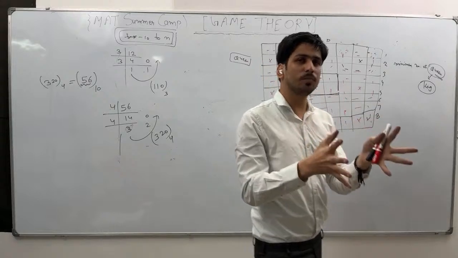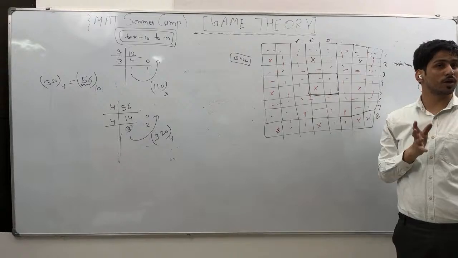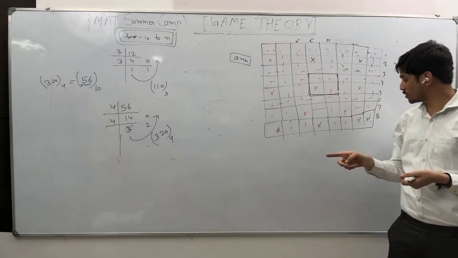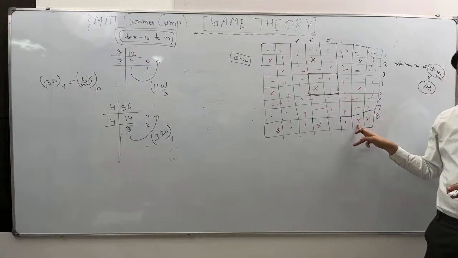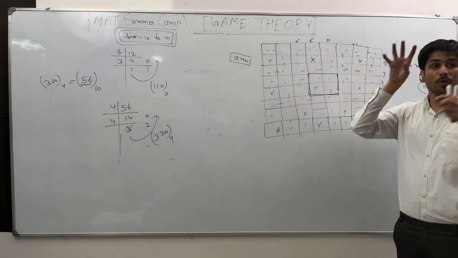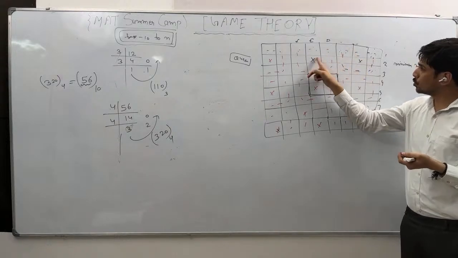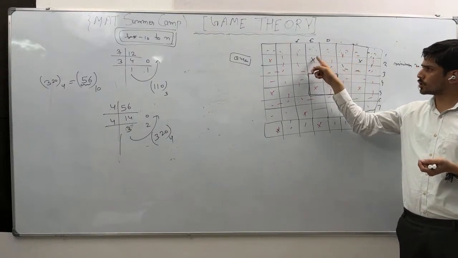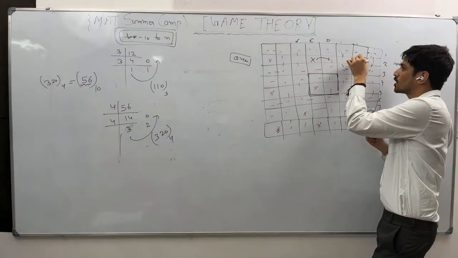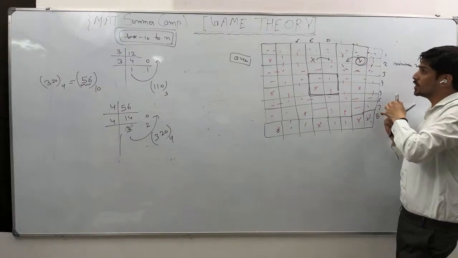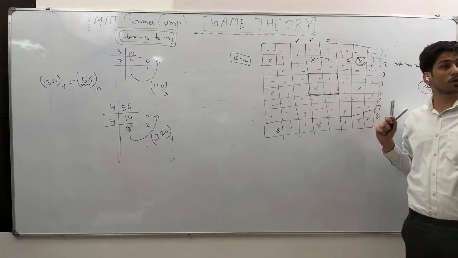So actually, they don't ask simply the question in any interview. They ask you for the strategy, what strategy you are applying. If you simply tell them, well, first I'll put in the corner. You see, only one place I'm putting in the corner, right? Here also I'm putting in the corner, one place only. So you need to know that we want to put them at the maximum distance, and we are making sure that no two kings have the same control of the square. If this king is controlling this square, then this king should not control another square. Else, this king is having some problem, because it means we are giving excess power to this square. We want to control only one time.